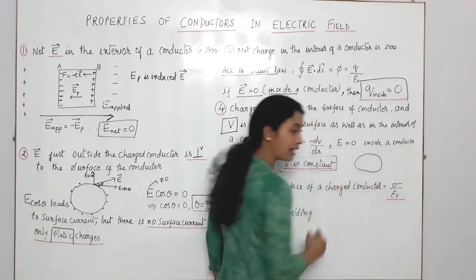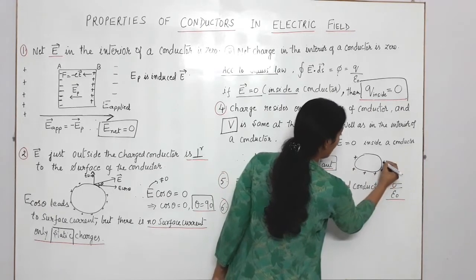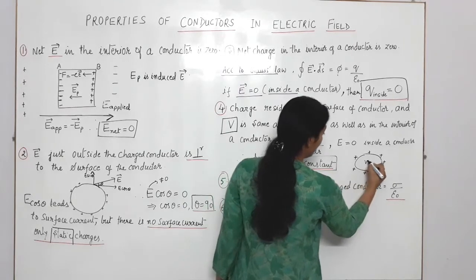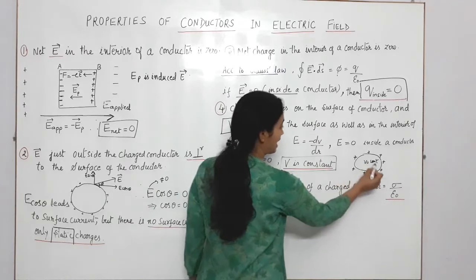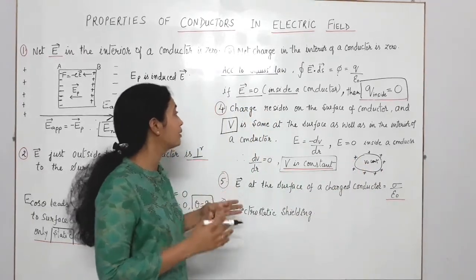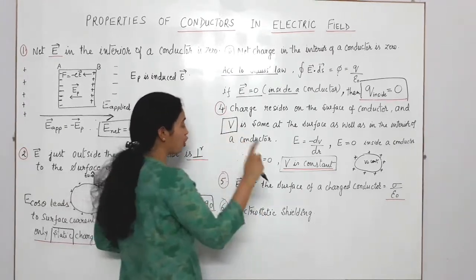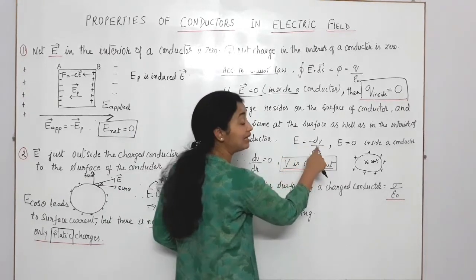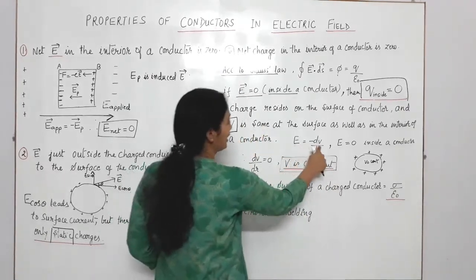Let us say this is a conductor, it is charged, so the charge resides on the external surface of the conductor, and the situation says V is constant. V is constant on the surface as well as on the inside. Now, how can we correlate potential with the electric field? Going back to the previous episodes, you know that we have already established this relation. Electric field is equal to minus dV by dr, potential gradient, if you remember. So, E is equal to minus dV by dr.